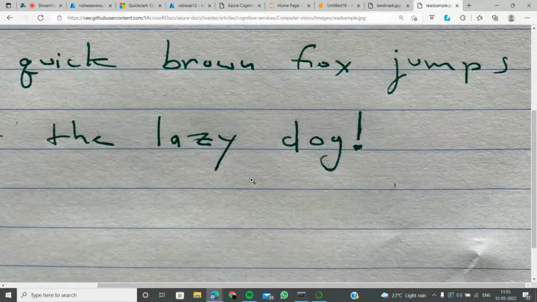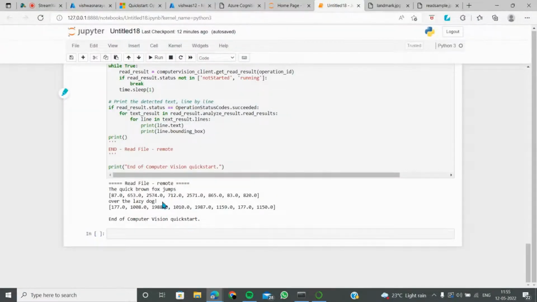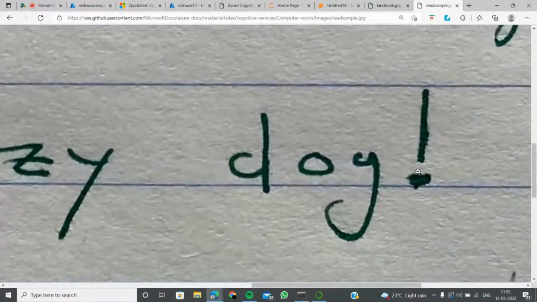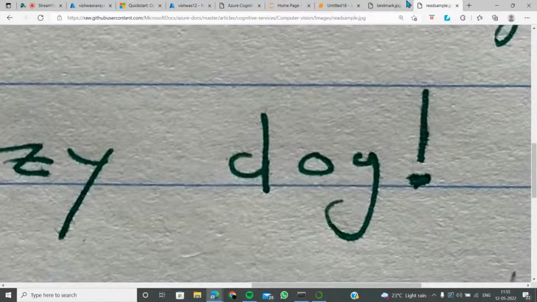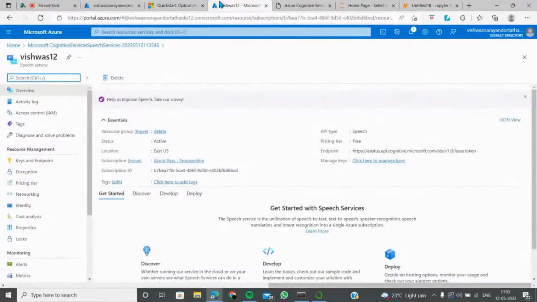Jumps over the lazy dog. So if you can see, the lazy dog also has come up, and with the exclamation marks also. So here there is an exclamation mark, right? And the lazy dog, there is an exclamation mark here, and just see the man. That exclamation mark was also detected. This is how all these technologies work. So yes, I think we did one. I think let's just go for a spatial demo.